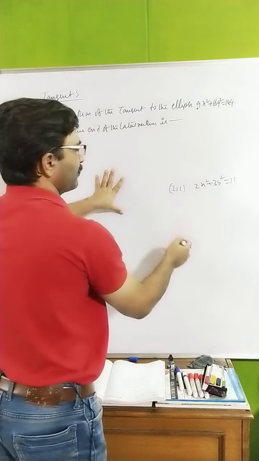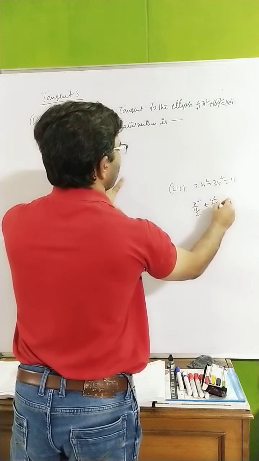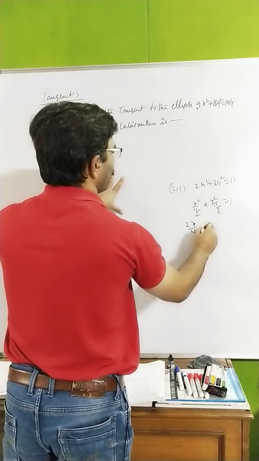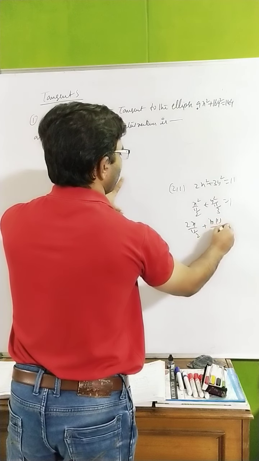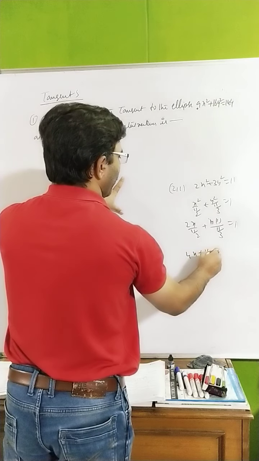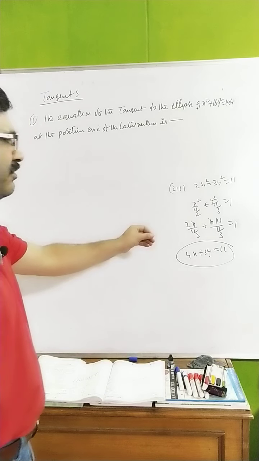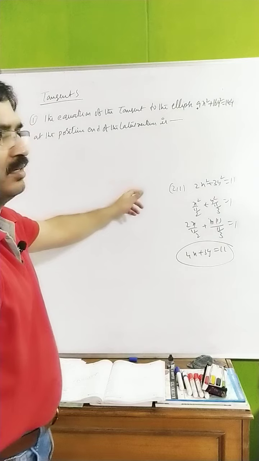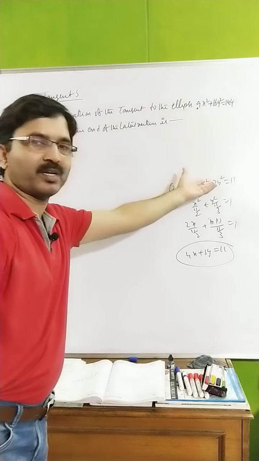Yes, it lies. So you can write here x squared by 11 by 2 plus y squared by 11 by 3 equal to 1, meaning 2x divided by 11 by 2, and y into 1 divided by 11 by 3 equal to 1. Finally you are getting 4x plus 3y is equal to 11 as the equation of the tangent. Instead of doing this problem, I'm going to go a little ahead by finding at the positive end. You have to find that point, afterwards you can apply the rule.